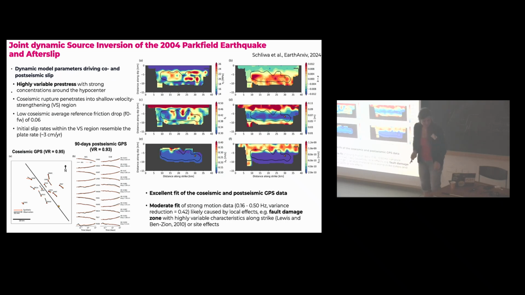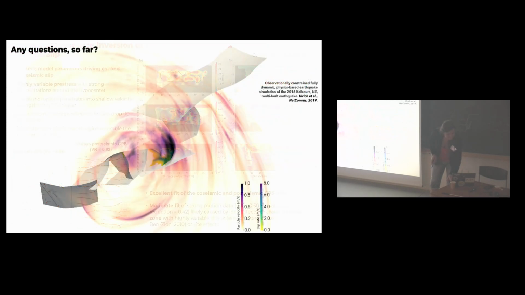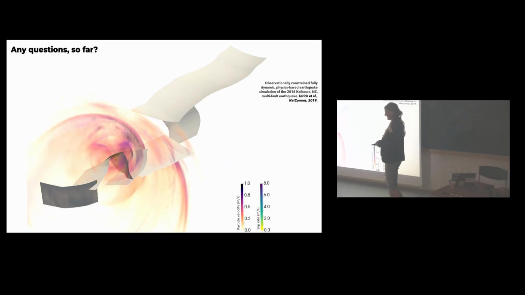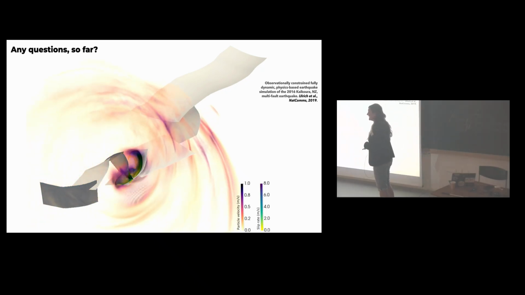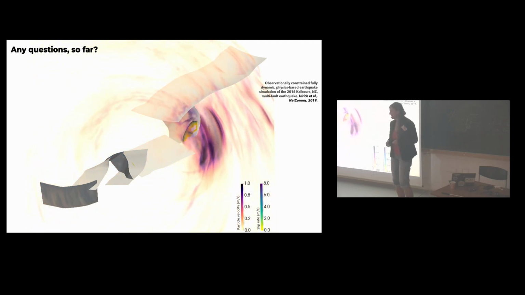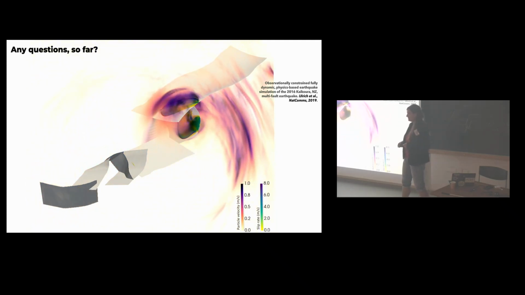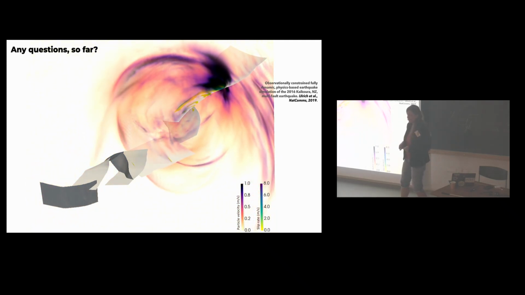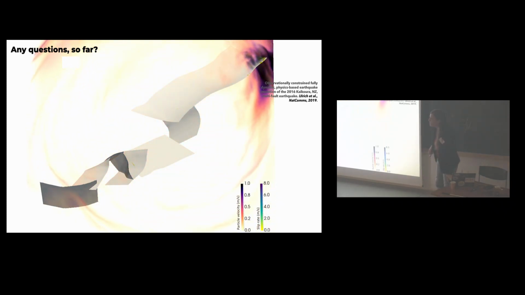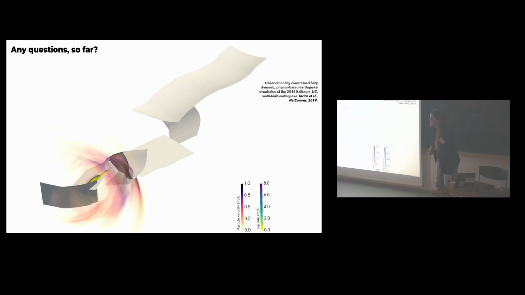Okay. Any questions so far? Yes. You have a very low friction drop on average. Yes. Which means the shear stress during slip was extremely high. Yes, they were like tens of megapascals, 20, something like this. The slip rate is also high, right? The slip rate is very high at the initiation of rupture. And so it means